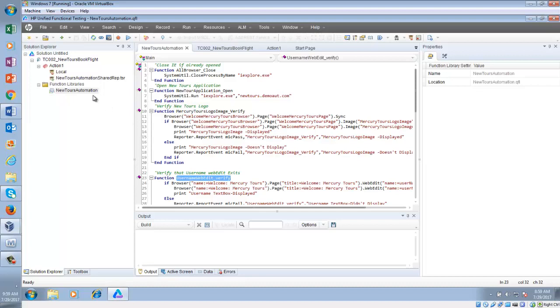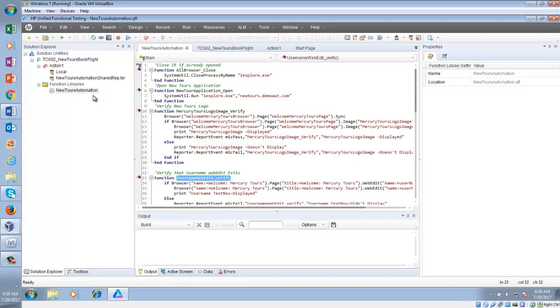So let's say you have 5 brothers and sisters in your family. Your mother puts some money in a particular place for all of you. Whenever you need money, use it from there. So what do you do? The 5 brothers and sisters, whenever they need money, they go to that place and take money and use it.